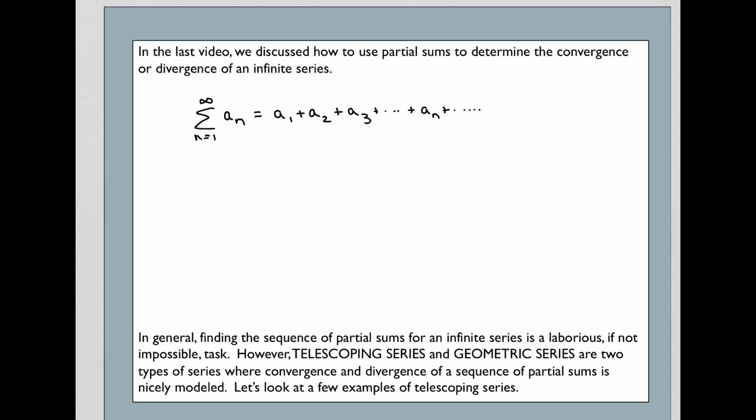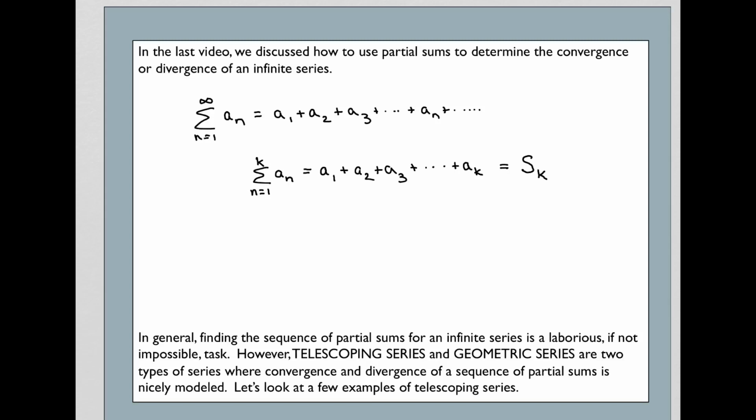Now, instead of going to infinity, let's truncate this sum. That is, let's just take a finite portion of this infinite series. Let's just look at the first k terms. So if I want to look from n equals 1 to k, that gives me a sub 1 plus a sub 2 plus a sub 3. But this time, instead of going to infinity, I'm stopping when n is k. This part of an infinite series is referred to as the partial sum of the series. And this particular series stops at k, and so we write it with a capital S and a little k